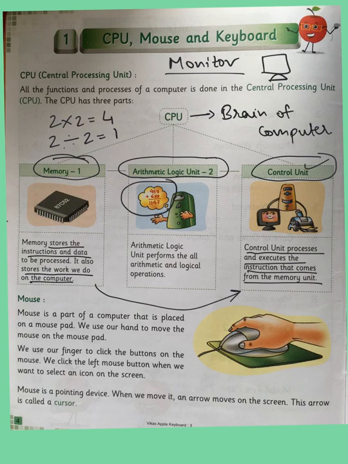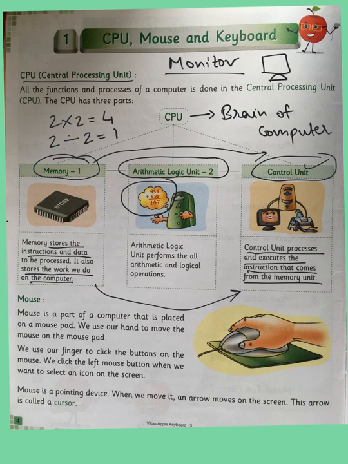So the instruction for printing is stored in the memory, but that memory itself cannot print that paper. So that memory will pass the instruction to the control unit. Then the control unit will process that information and give a command to the printer. Then we can see the paper coming out of the printer and a drawing being printed on it. So this is the first and most important part of a computer, that is the CPU, Central Processing Unit.